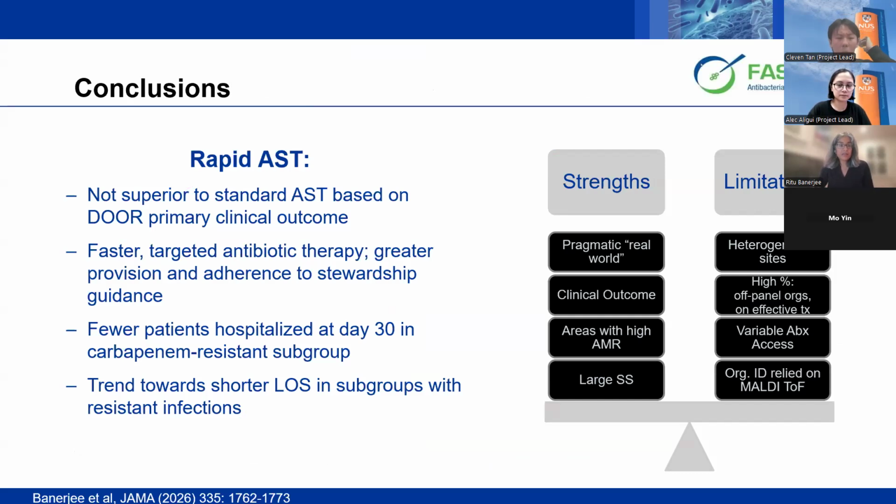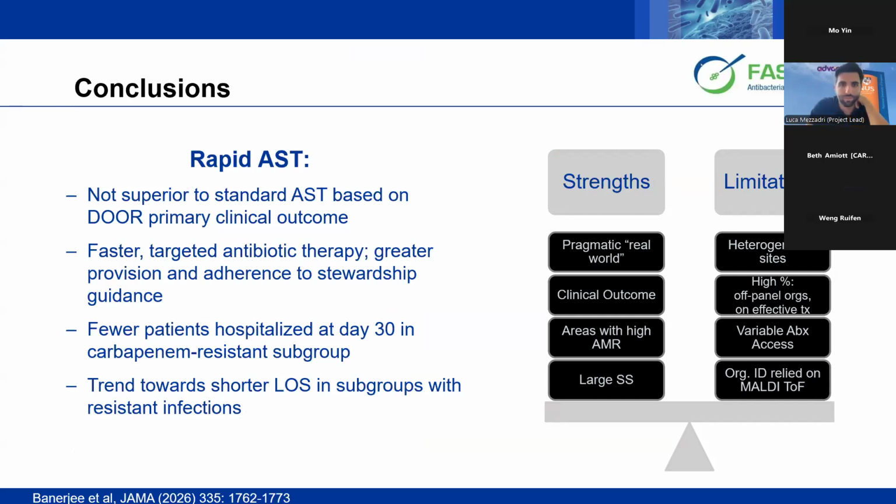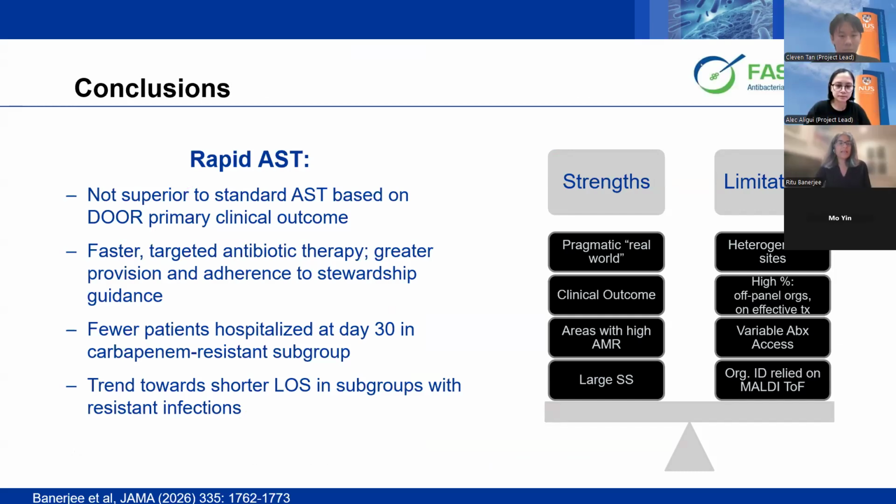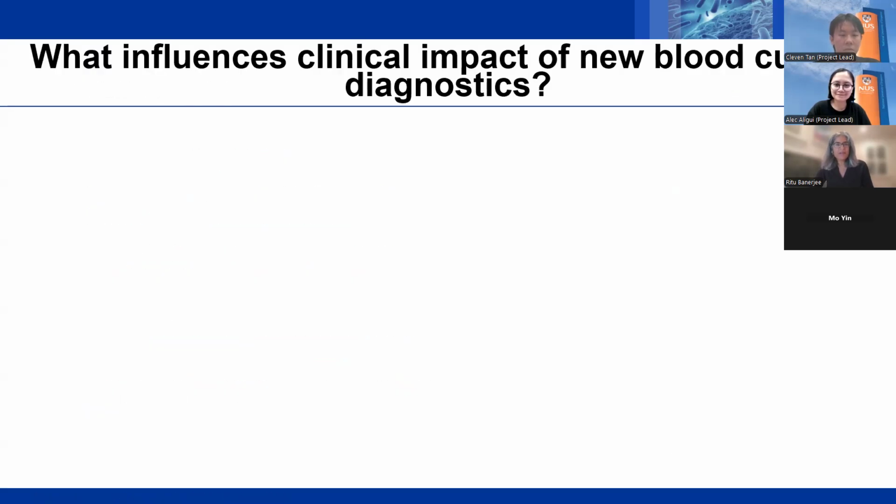So in conclusion, rapid testing was not superior to standard testing using the DOOR primary outcome, but we did see that there was faster targeted antibiotic therapy and greater provision and adherence to stewardship when we used rapid phenotypic testing. We did see fewer patients hospitalized at day 30 in the carbapenem resistant subgroup, and there was a trend towards shorter length of stay in subgroups with resistant infections. There are a number of strengths and limitations of this study, which are outlined in the publication, and I'll refer you to that. But I do want to end with just some thoughts about what influences the clinical impact of